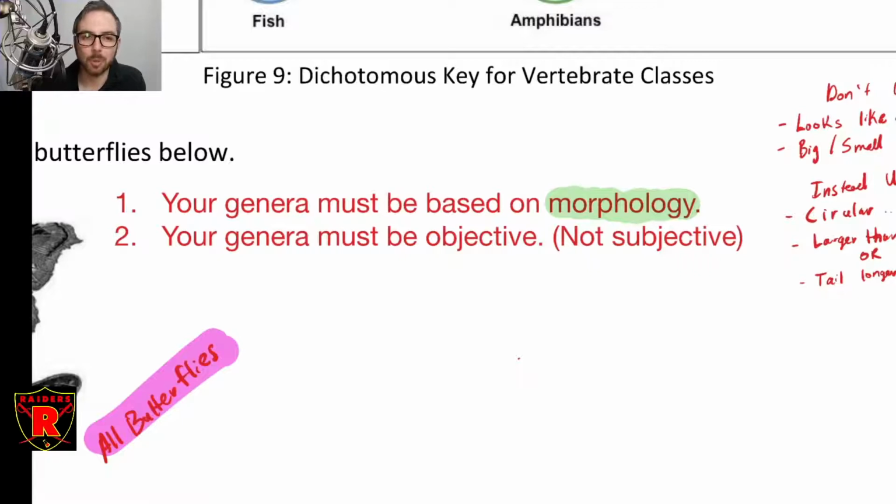So you want to keep it specific to the morphology of the organism. And it has to be objective. That is, everyone must agree on this particular aspect of the organism. So it can't be something subjective. Subjectivity is probably the hardest thing to eliminate from dichotomous keys, and people are always using subjective stuff, which makes